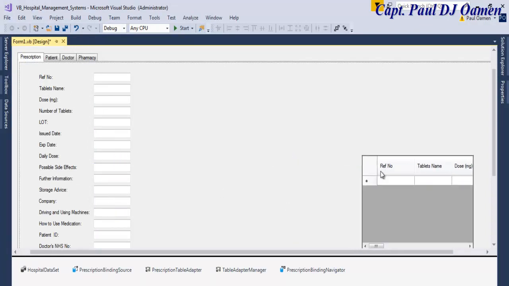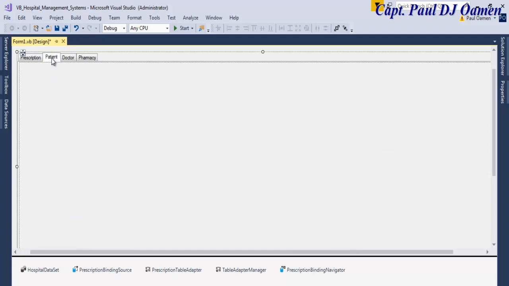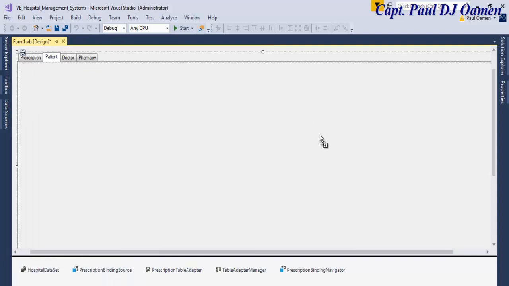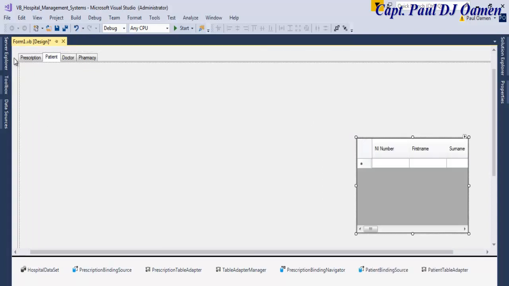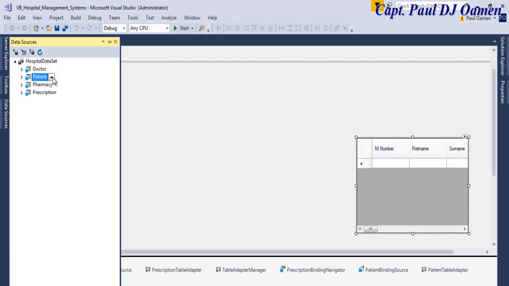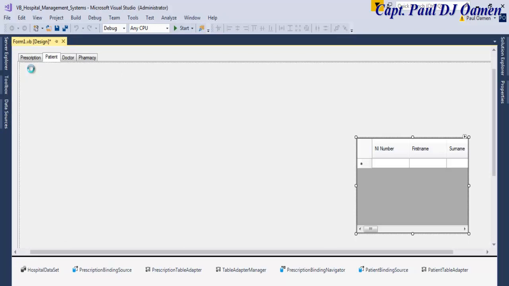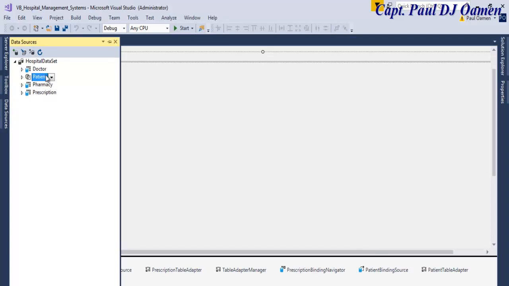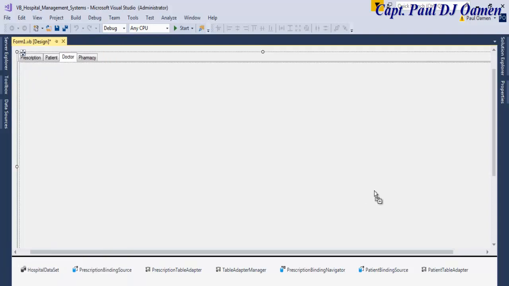Okay, let's repeat exactly the same thing for the patient. Come right in here, drop that down, the patient data grid view, just grab and drop it there. Now let's go back in here, drop this down, grab the details and drop it right here. Repeat exactly the same thing for the doctor. There's a doctor there, data grid view, grab it, drop it here,